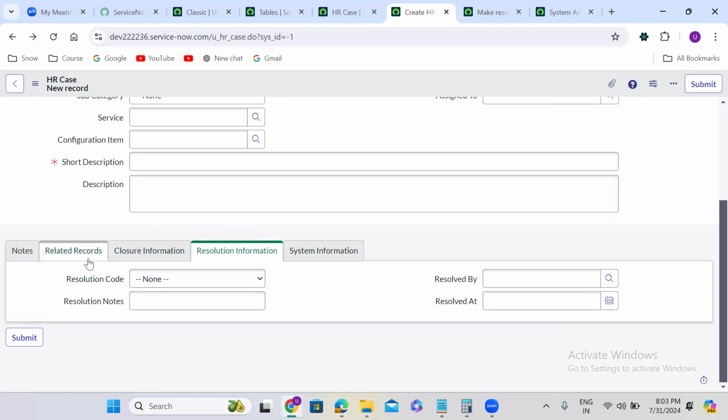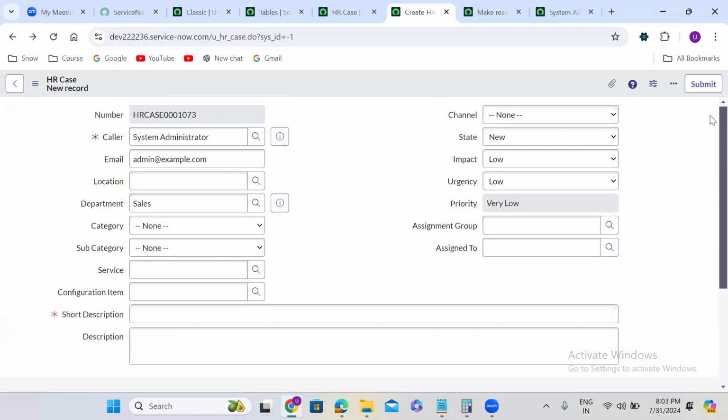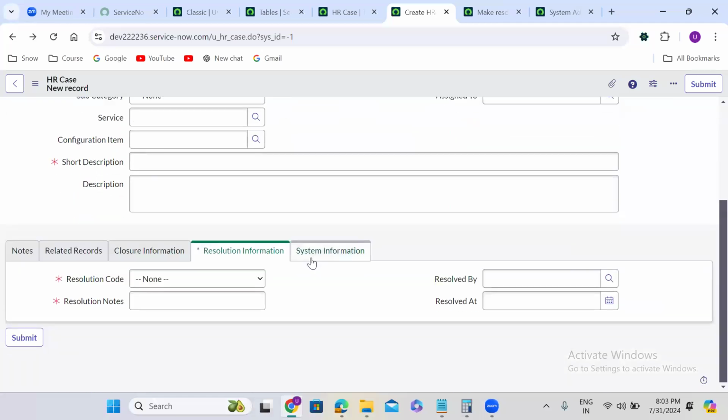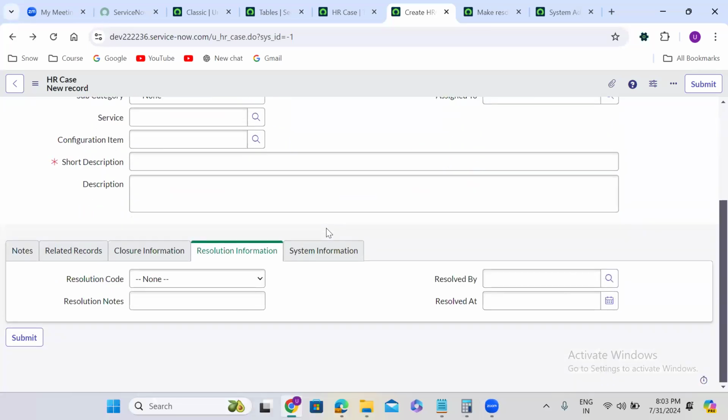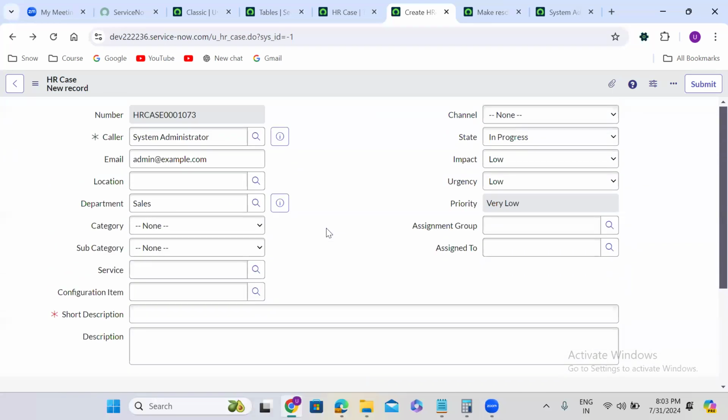See, these two fields are non-mandatory. I am selecting the state as closed here. The two fields have become mandatory or not. When I change it to in progress,